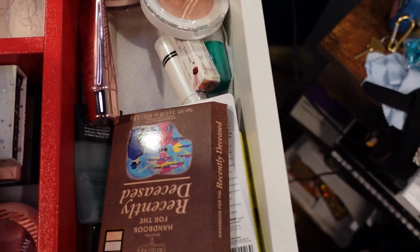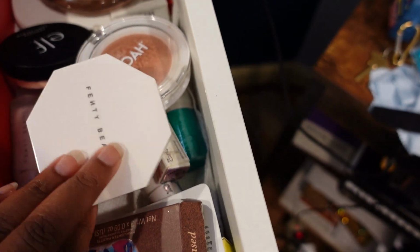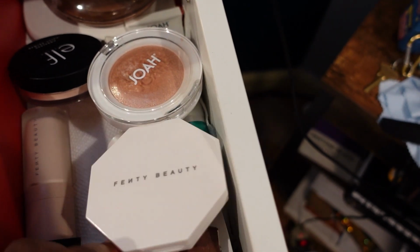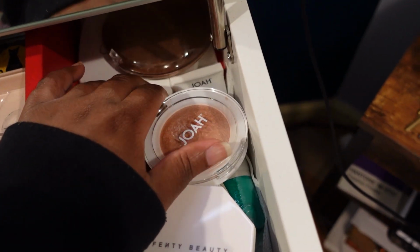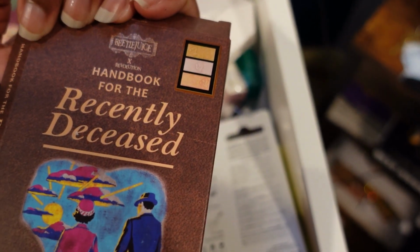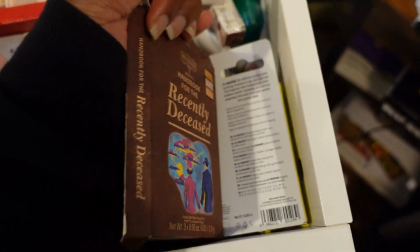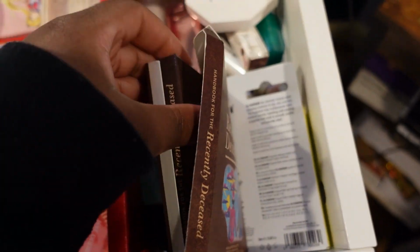And then for highlighter, I do have lots of highlighter, but if I had to say my go-to product as of late would definitely be this one. My Handbook for the Recently Deceased, the collab between Beetlejuice and Makeup Revolution. I don't think that they sell it anymore,